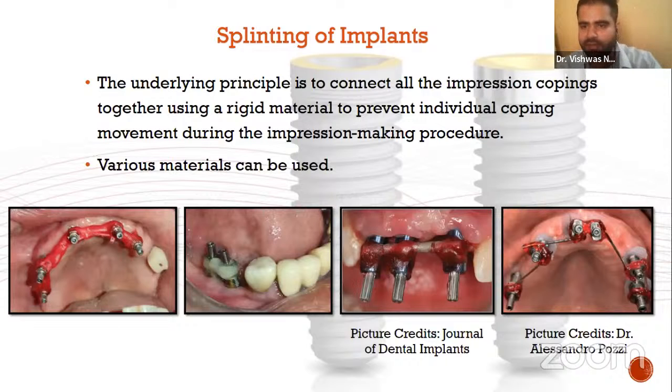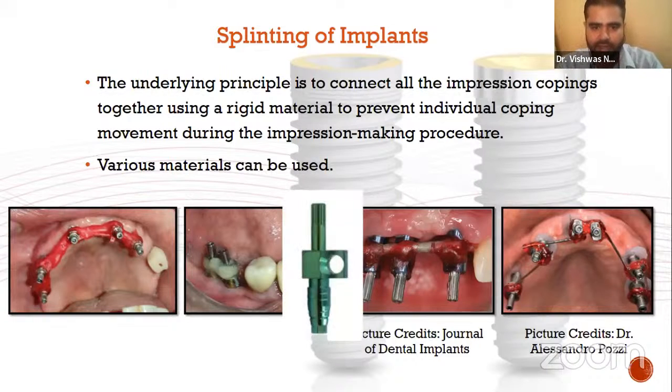For splinting, various methods are available. You can either go for normal dental floss followed by fast setting acrylic resin, or, just like I explained, orthodontic E-chain and then composite resin material. Also, some authors have shared techniques where they use discarded metal burs, metal pieces or orthodontic wires. Recently, a specialized impression coping was introduced by Austin. They have given a large round undercut into the coping, and they claim that this undercut will engage the impression material, thereby completely eradicating the need for splinting.